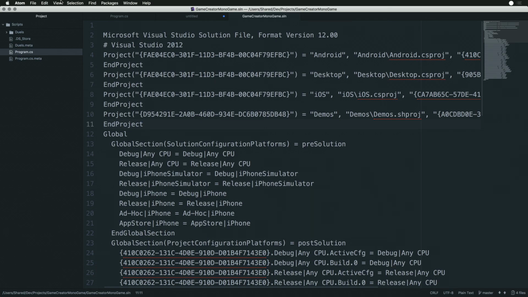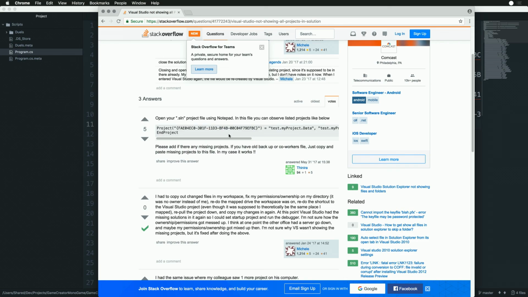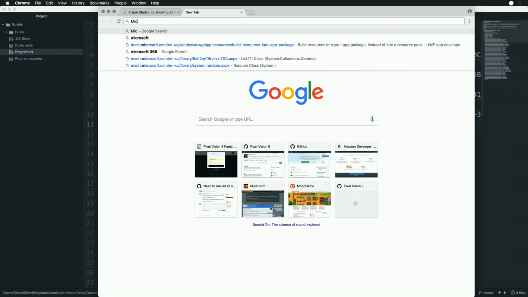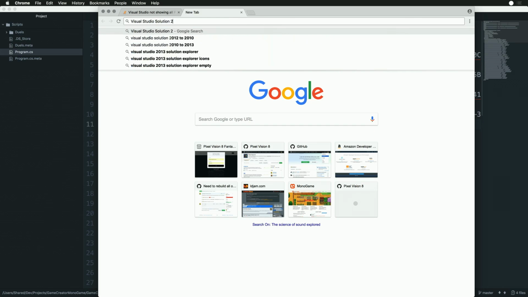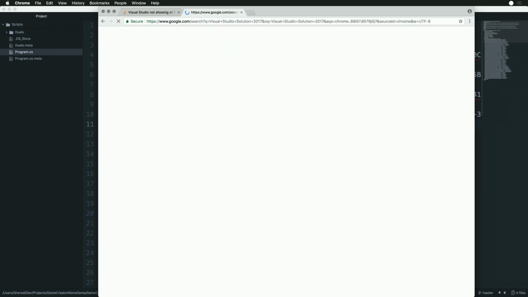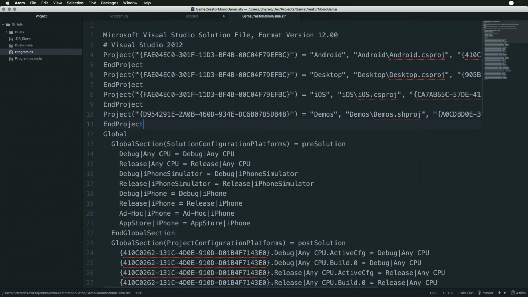I wonder if I'm missing something. Visual Studio, Microsoft Visual Studio Solution format. Creating a solution project. I wonder why that happens. That's a really strange bug. I wonder if I could fix this in Rider. It's like it only knows how to